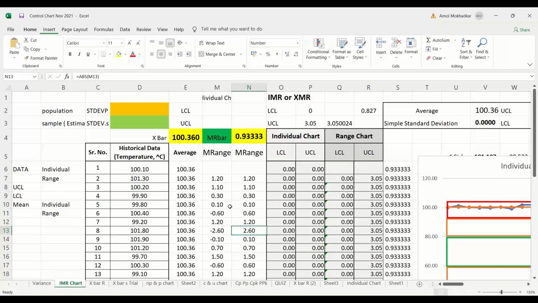Okay, we are just checking how far these 2 points are located. These 2 points are located at 1.2 units away, these are 1.1 units away, these 2 points are 0.3 units away, these two are 0.1 units away, because that is also important.